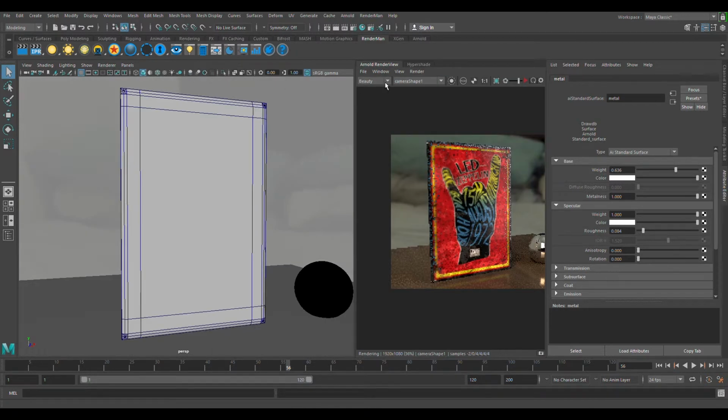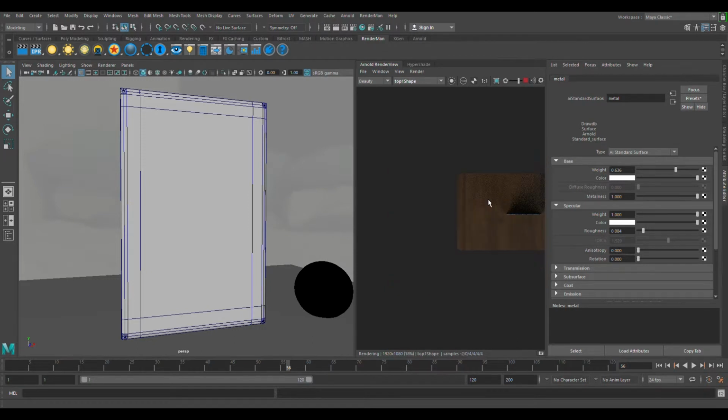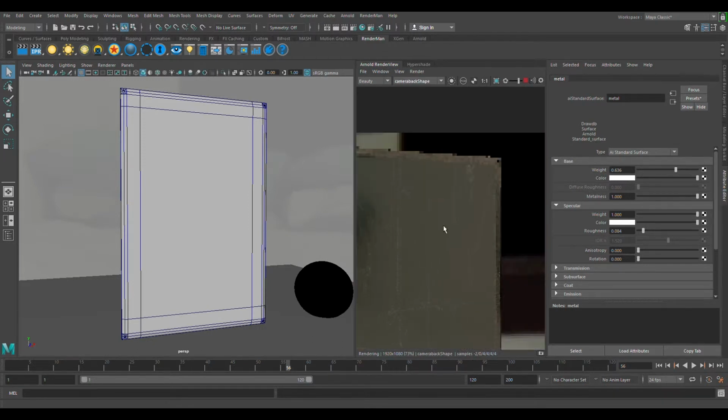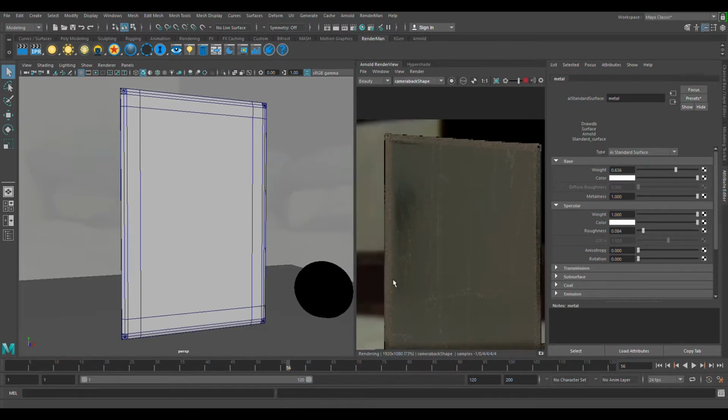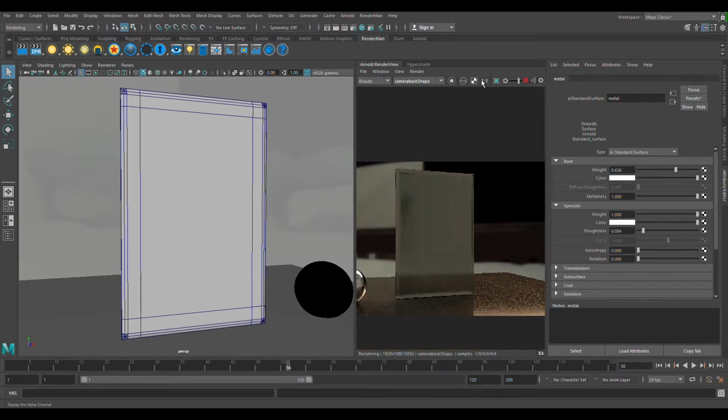But yeah, back to this. So this is the metal one. We've got the rust and the scratches coming into this base colour, and then this is that mix shader and the metal, and there are the metal settings. That was that. And then for the rust part of it, go back into the